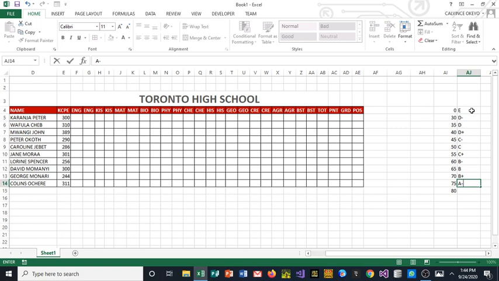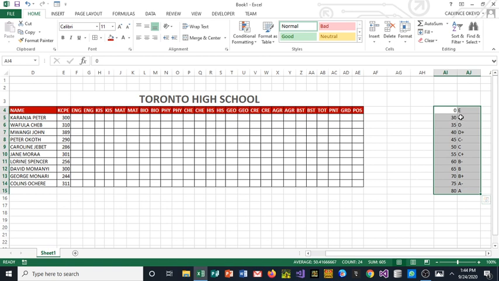that is A minus, then A plain. See that? So that will be our table for gradings. So you'll know that 0 to 29 will be E, 30 to 34 will be D minus, 35 to 39 will be D, 40 to 44 will be D plus, and so on and so forth. So the formula we are going to use will extract those grades from this table,